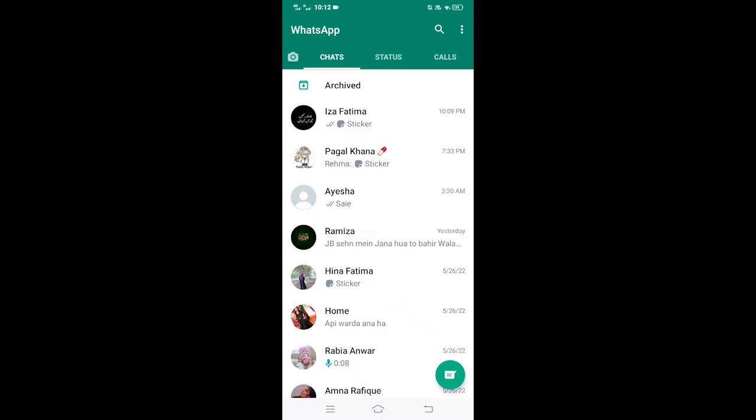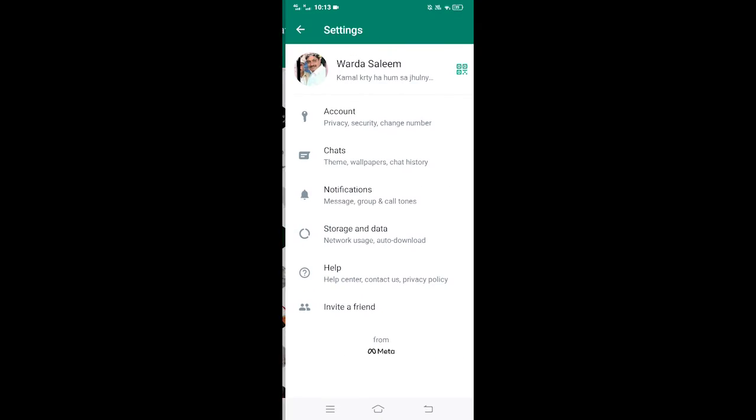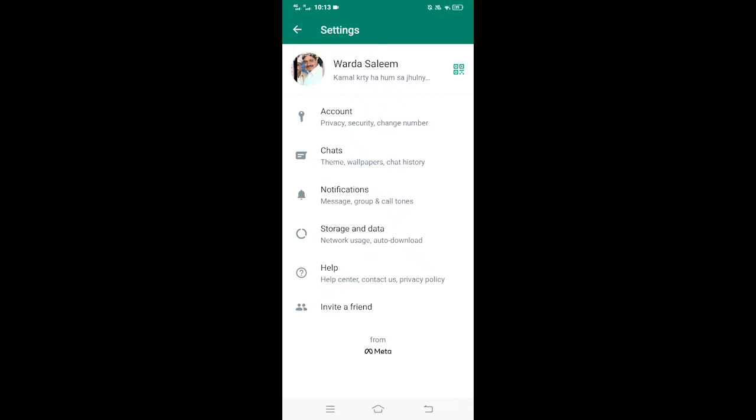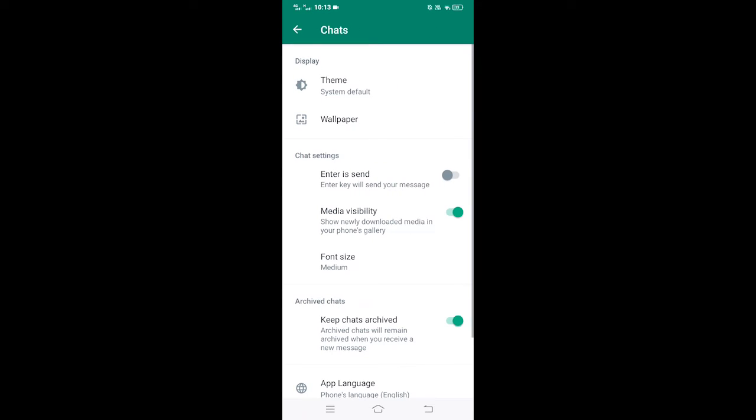So what you are going to do is tap the three-dot option at the right top corner of your screen. When you tap on it, a new dialog box is going to appear, in which you are going to click on the last option, Settings. After that, a new page would appear in which you first go to the Chats option and then go into Chat backup